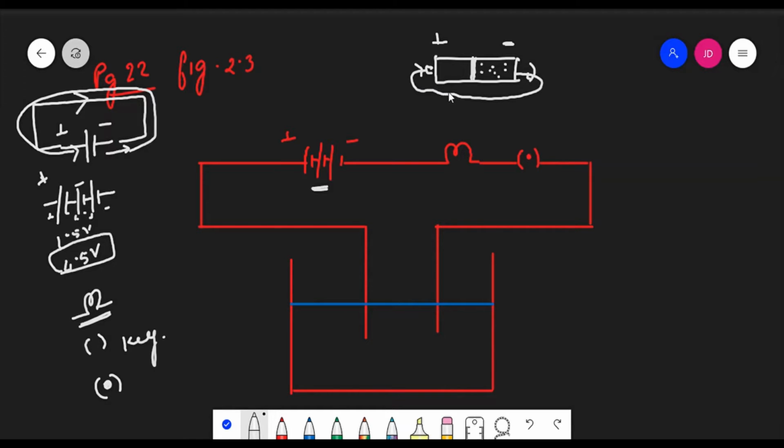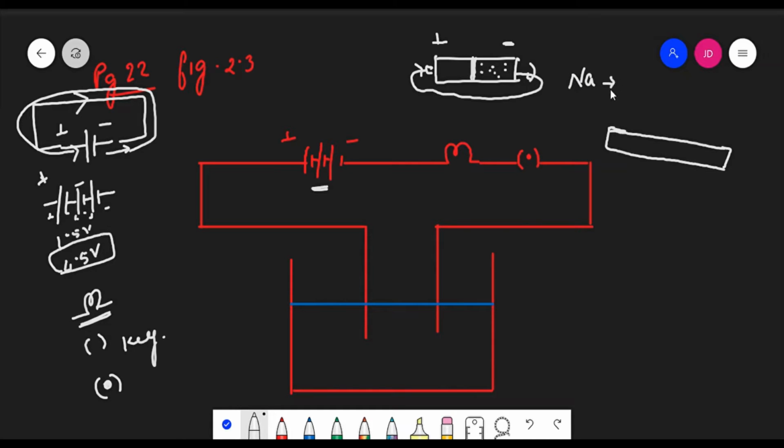What I'm saying here is electrons will move from minus to plus, and when electrons move, we say current is moving, which we're going to discuss in chapter 12. Secondly, let us say this is the wire here. This wire is made up of metal, and metals have free electrons, which we're going to study later on. Let us say we're talking about